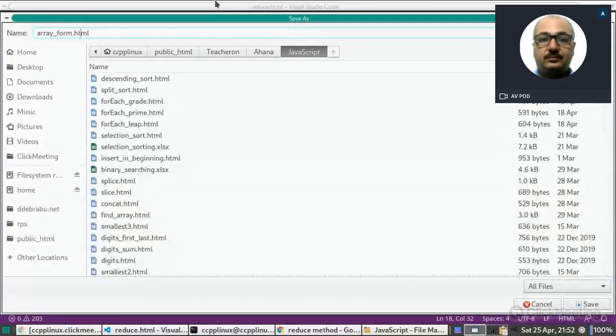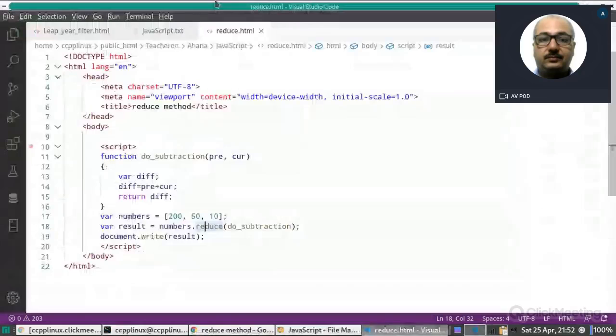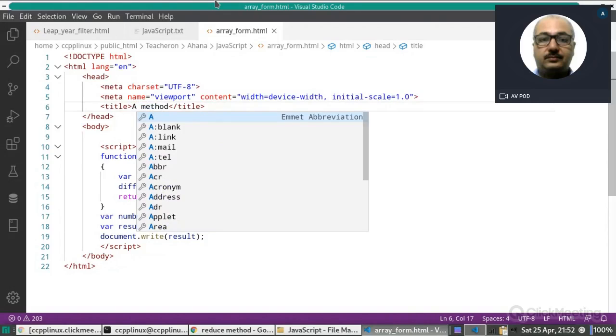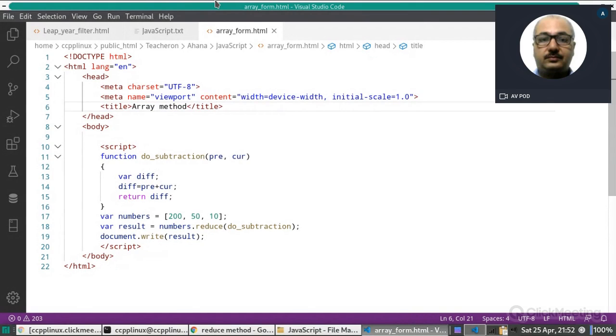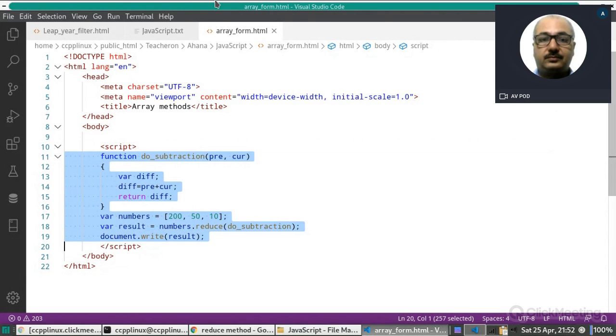There is a form which will deal with the array, that's why its name is array form. And here, its name is array methods, since in the single program we will implement all the methods just for testing purposes. So let us first remove this code from here